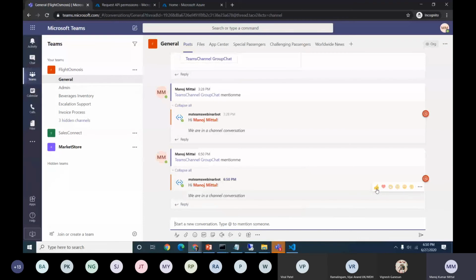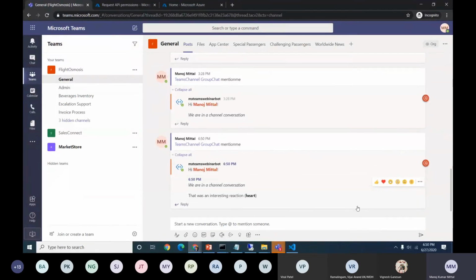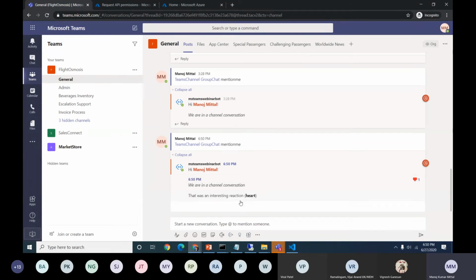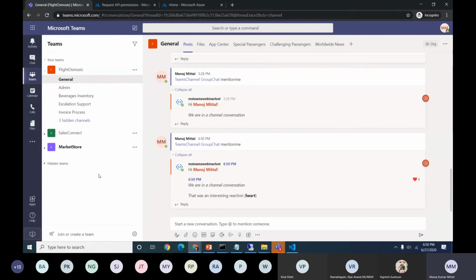And this is the reaction one, which I was talking about. I'll just select this reaction, and once I select it, again the message is prompted here. If somebody has selected like or anything, we can prompt, okay, thanks for liking, thanks for the warm welcome. Messages like that we can put here. Okay, so this is the one section. Now again, we have the group chat.